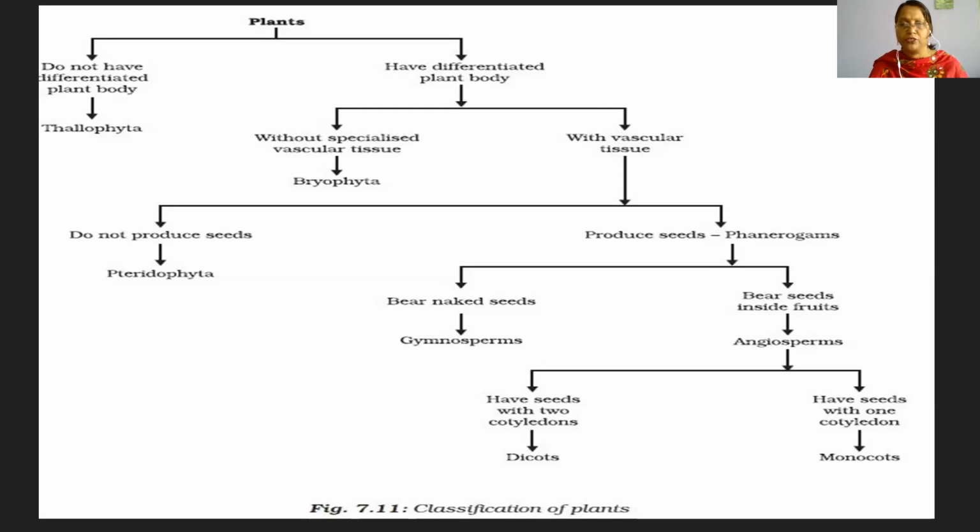Phanerogams are again divided into 2 types. The first are those that bear naked seeds, and the others bear covered seeds. The plants which bear naked seeds are gymnosperms, and those in which the seeds are inside the fruits are angiosperms. Now the angiosperms again have 2 types. Those with seeds having 2 cotyledons are dicots, and those with seeds having 1 cotyledon are monocots. So this is all about the